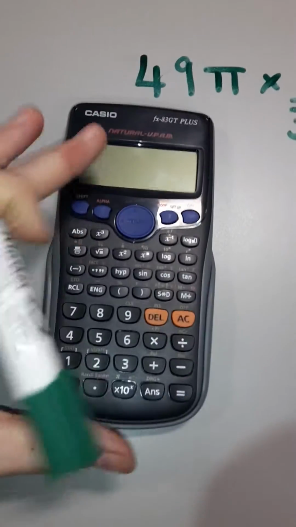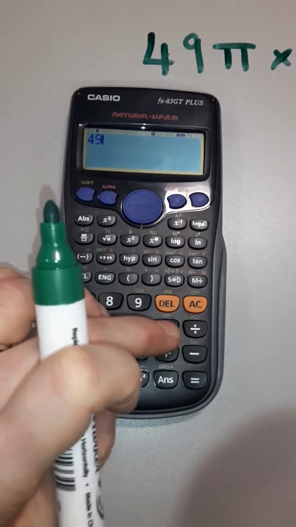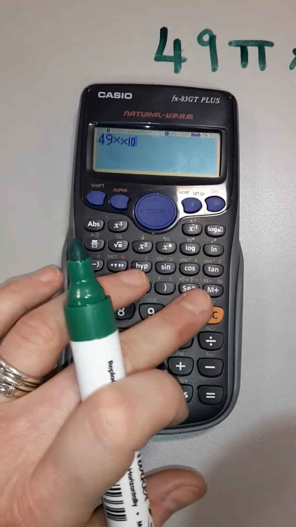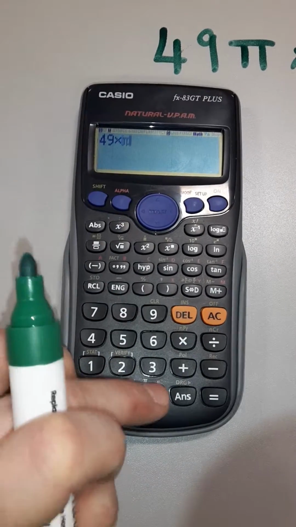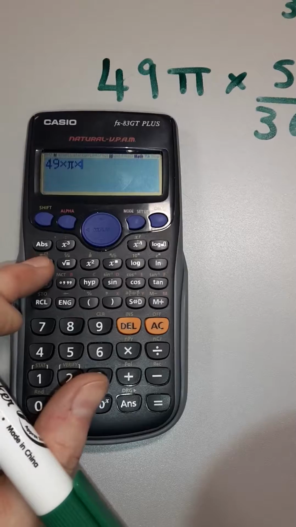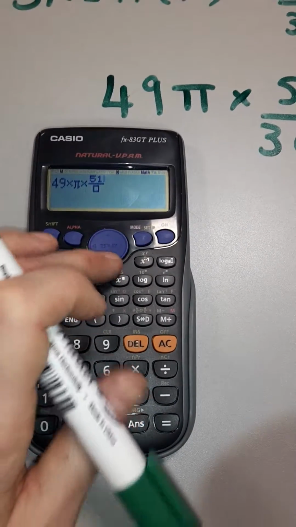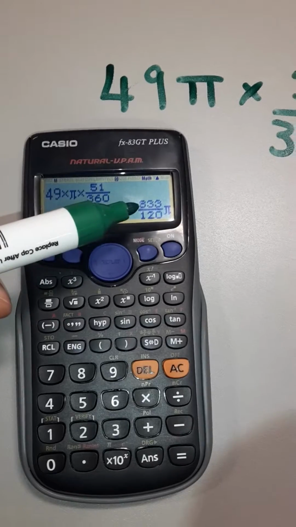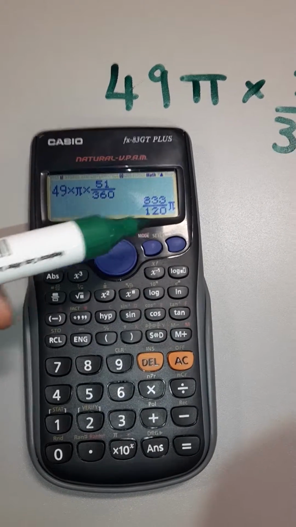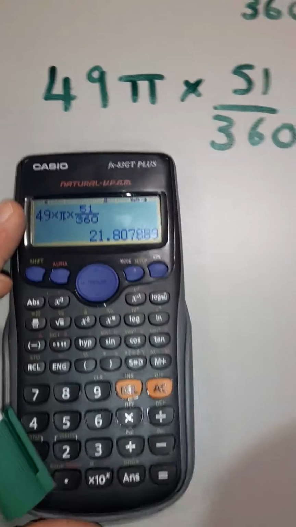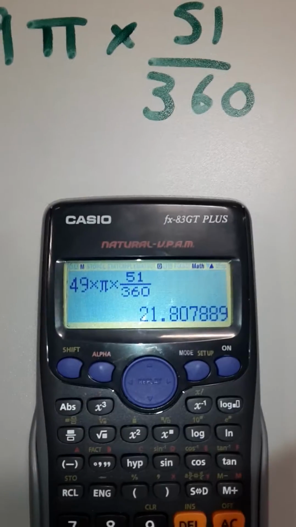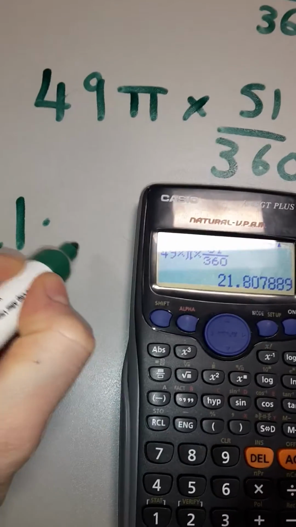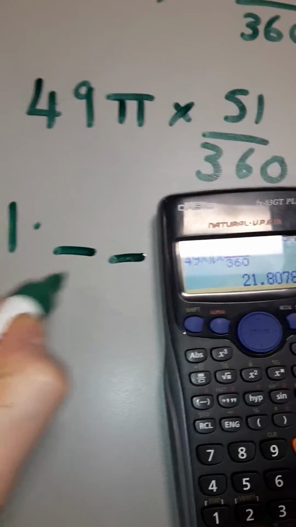So now you would type it into a calculator. So let's press it on. So 49 times pi, oh, whoops, sorry, shift pi, there we go, 49 times pi times, and I'm going to write it as a fraction, 51 over my 360, and that gives me 833 over 120 lots of pi. Now that is going to look nicer as a decimal, so I would round it to 2 decimal places. So that means I'm going to only write 2 decimal places at the end. So I'm going to have